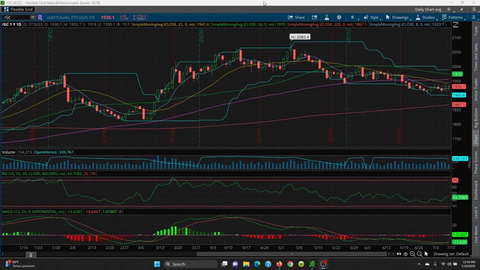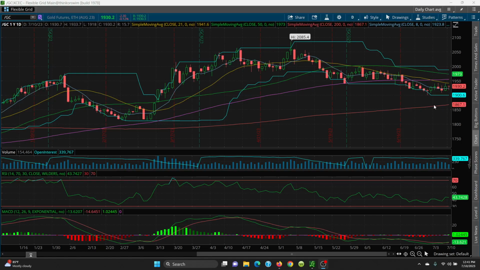So realistically right now what you have here is sideways action. On the downside, you want to watch this key 8 SMA here. You're sitting at 1923.70. Now, if that is lost, then we look to the candle here at 1915.40, and then we have 1908.50, and then your big retest here is 1900. Now, again, if that price channel is lost, your 200-day is sitting right down here at 1867,